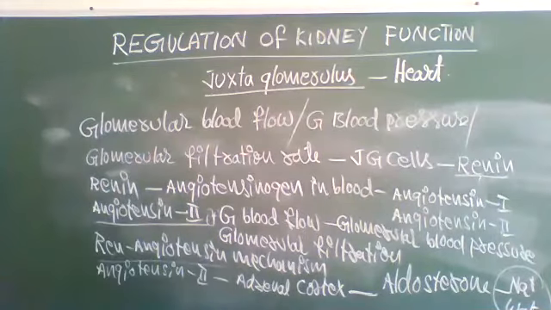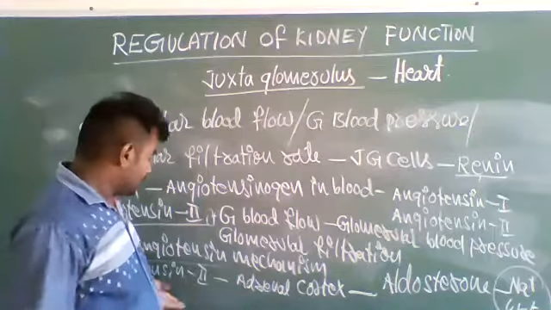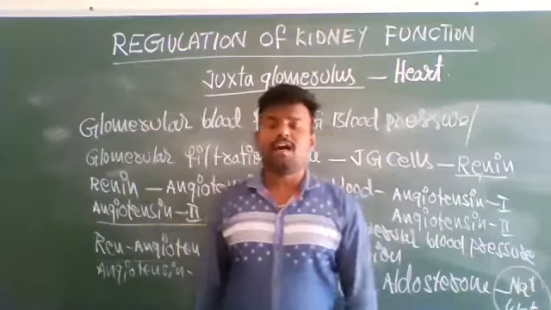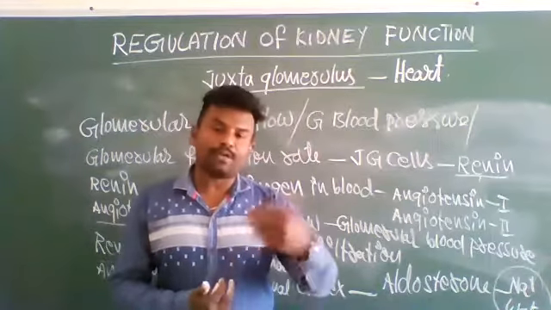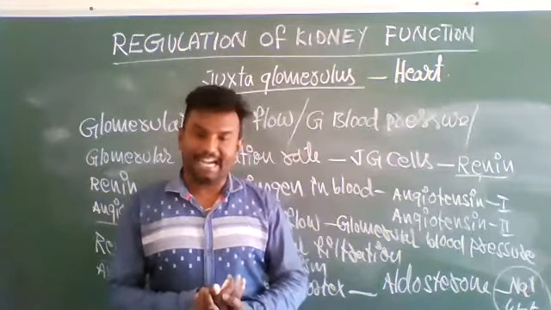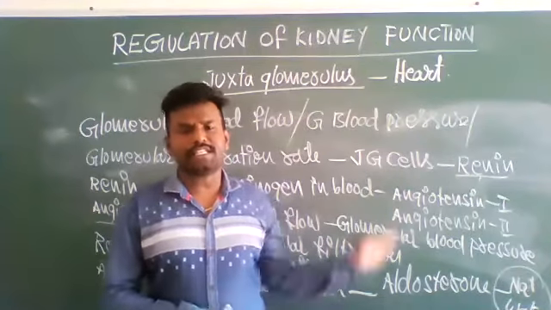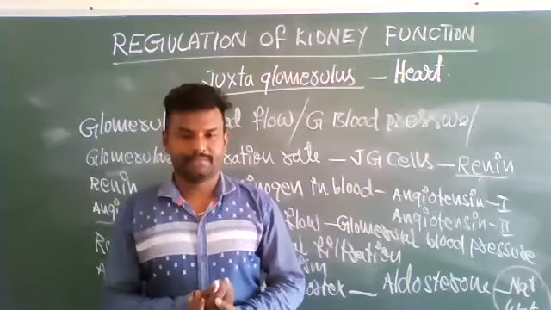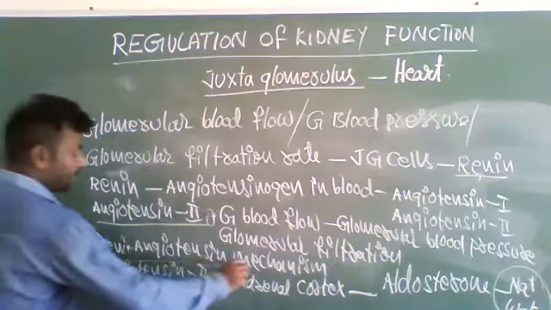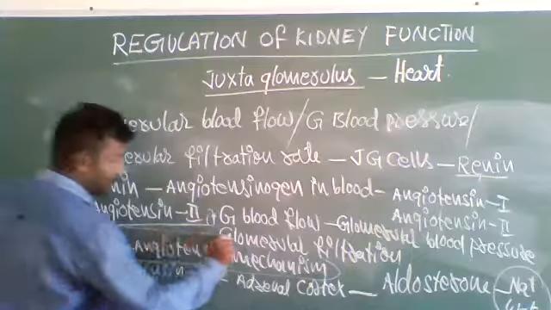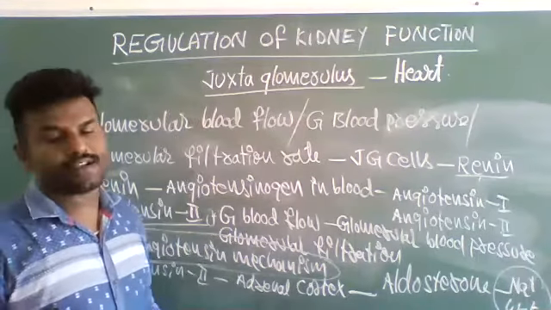Okay, that's that. Next, this aldosterone hormone also increases the glomerular blood pressure and glomerular blood flow. So therefore, it is called the renin-angiotensin mechanism. Why? When there is a fall of glomerular blood flow, at that time